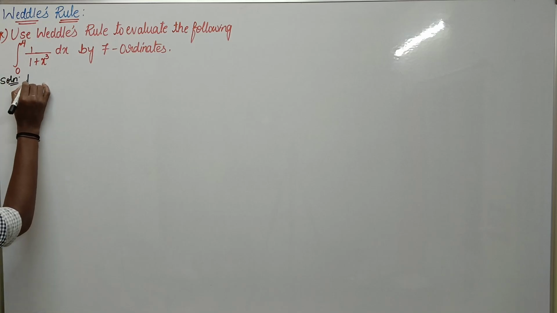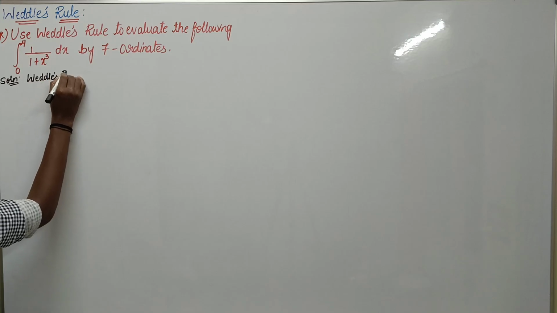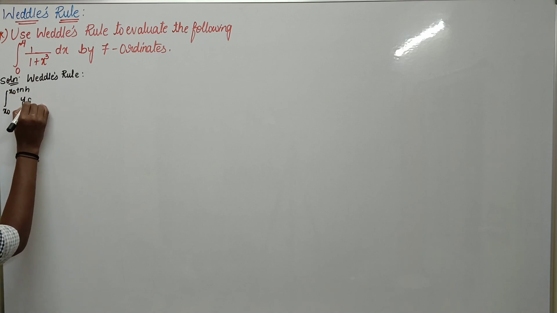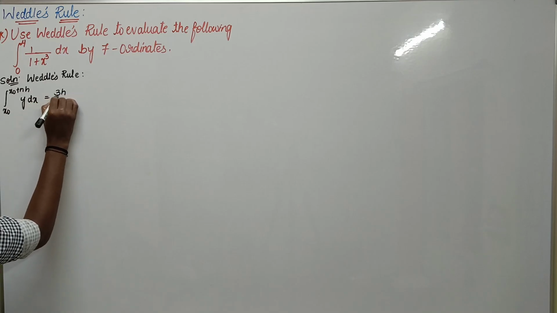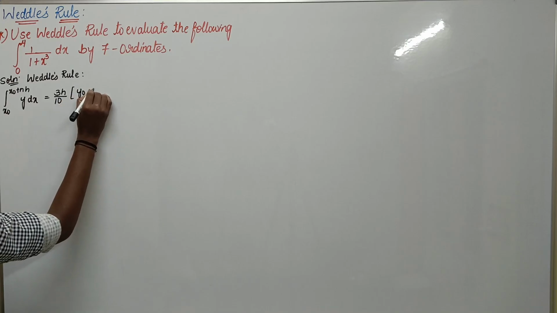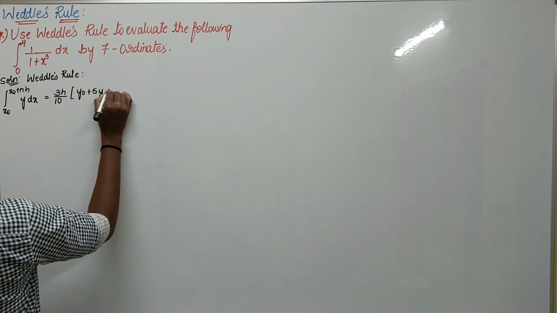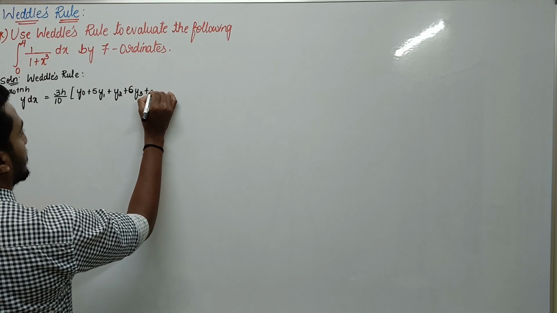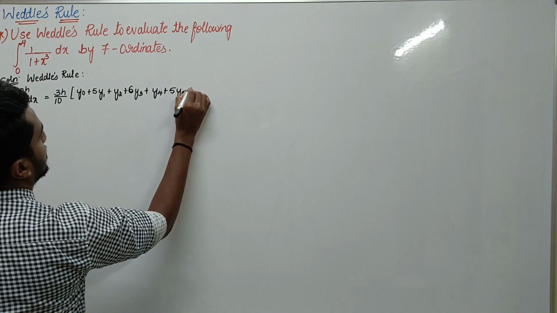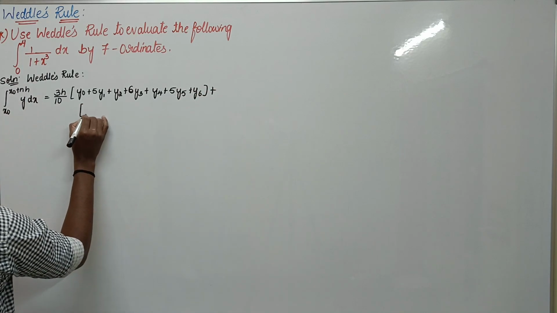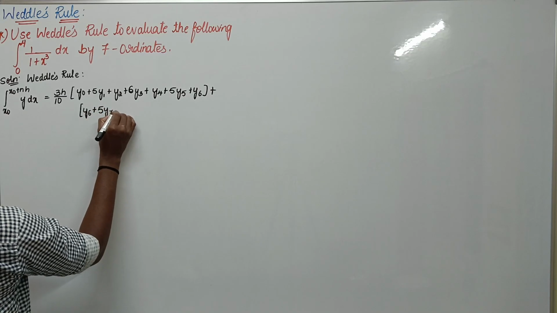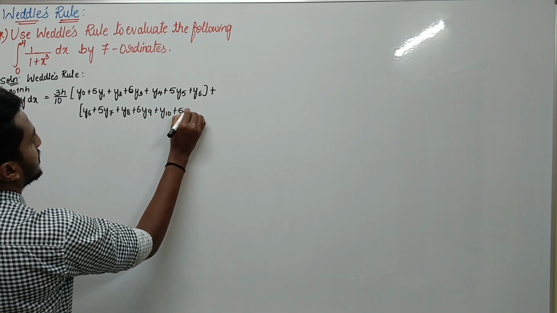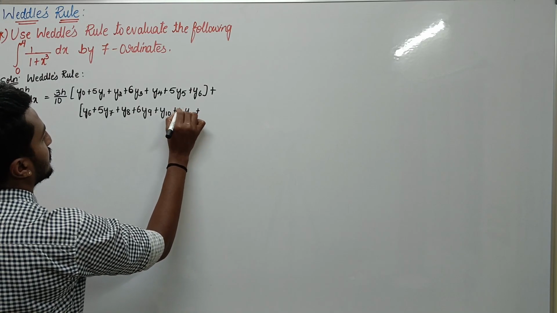Solution: Weddle's rule is given by integral x naught to x naught plus n into h of y dx, which is equal to 3h by 10 into y naught plus 5 into y1 plus y2 plus 6 y3 plus y4 plus 5 y5 plus y6 plus y6 plus 5 y7 plus y8 plus 6 y9 plus y10 plus 5 y11 plus y12